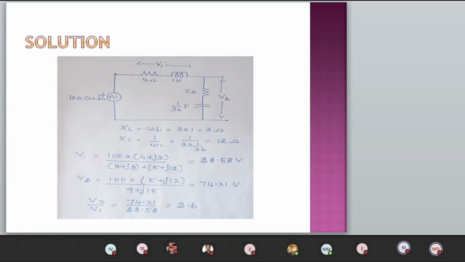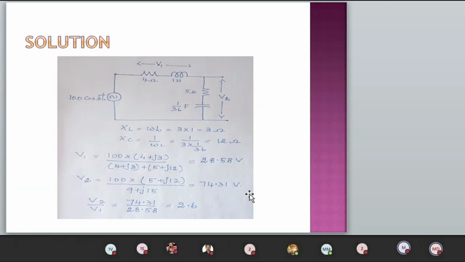V2 is also very simple. Once again, you use the same rule, and V2 by V1 is 2.6. And take care, you don't have any ratio because you're going to divide the amplitude of V2 by V1. And these problems you have to effectively think. He's asking what is the ratio of the amplitude of V2 by V1. Already voltage is given. From that you find V1 and V2. V1 is V into Z1 by Z1 plus Z2. V2 is V into Z2 by Z1 plus Z2. So we are using the voltage division rule and we are getting a simple solution.